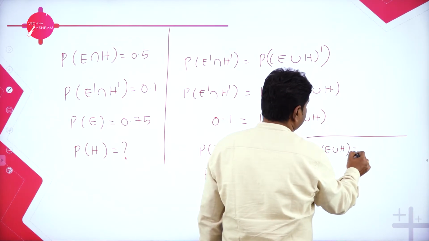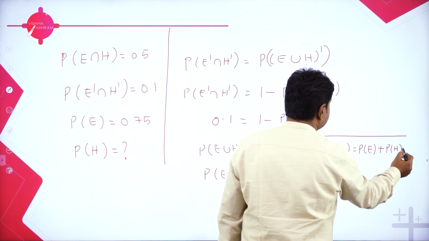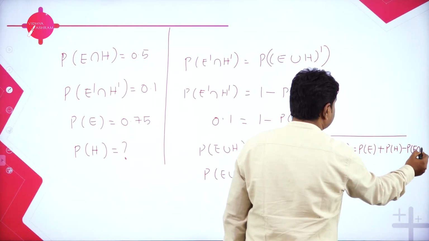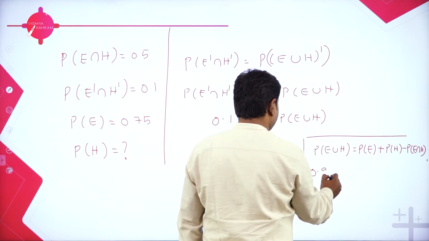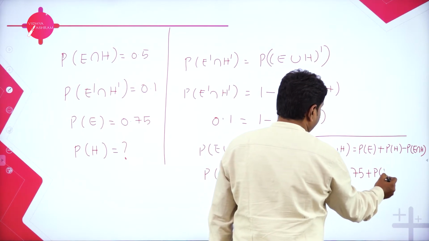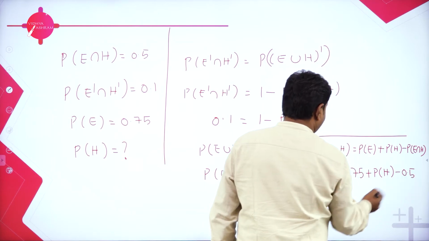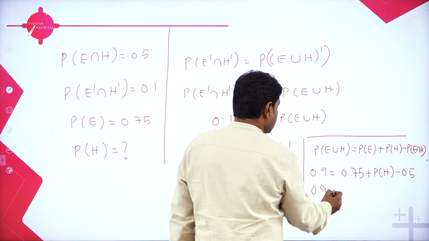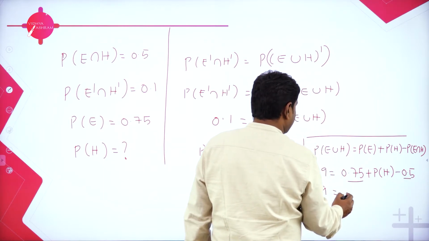P of E union H is P of E plus P of H minus P of E intersection H. Substitute the values. P of E union H, just now we got 0.9. P of E they gave 0.75. P of H we don't know, we need to find, minus intersection they gave, that is 0.5. So now rearrange. So 0.9 is equal to 0.75 plus 0.5 gives you